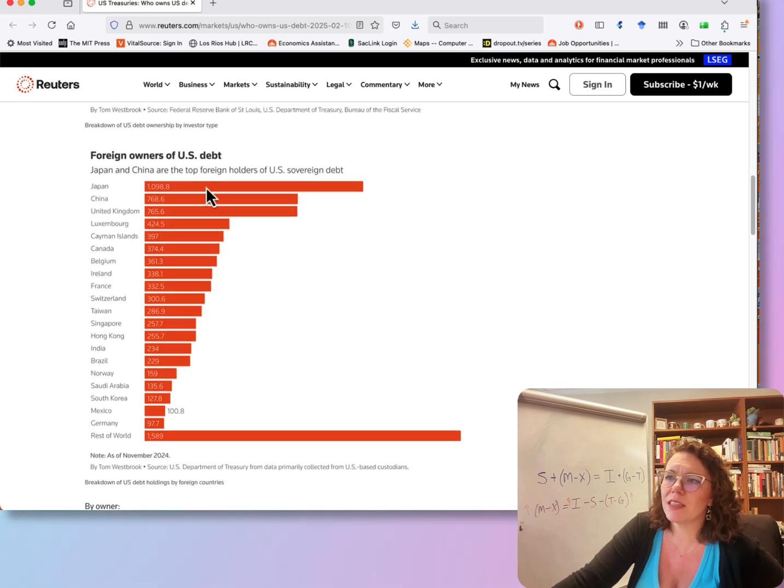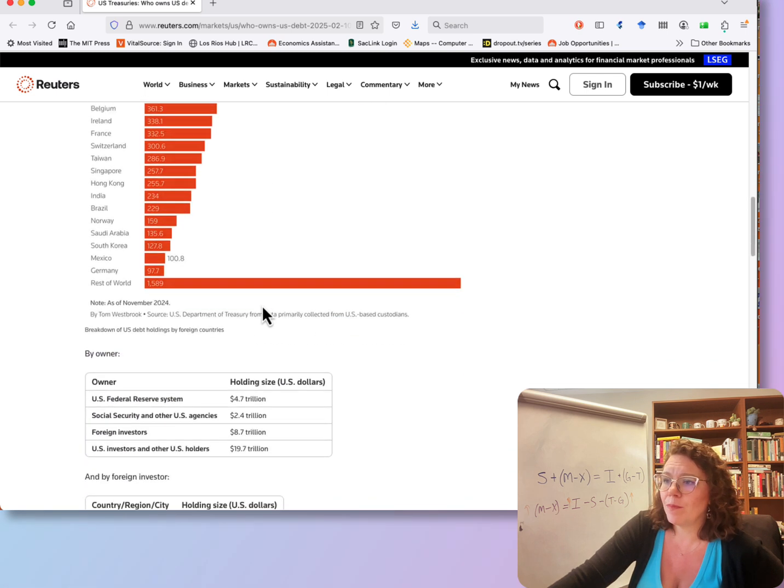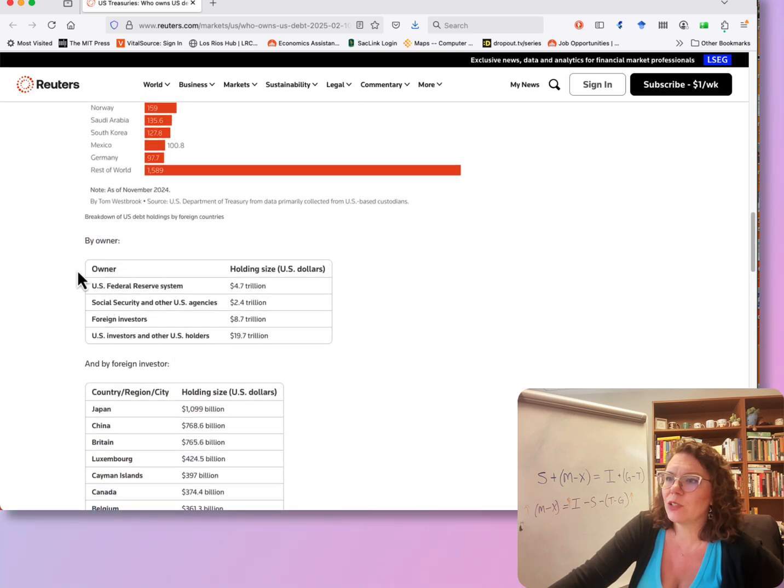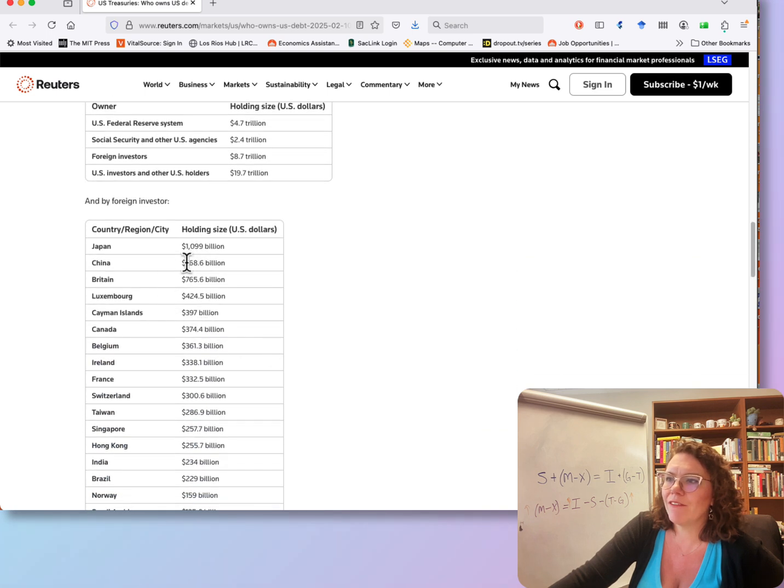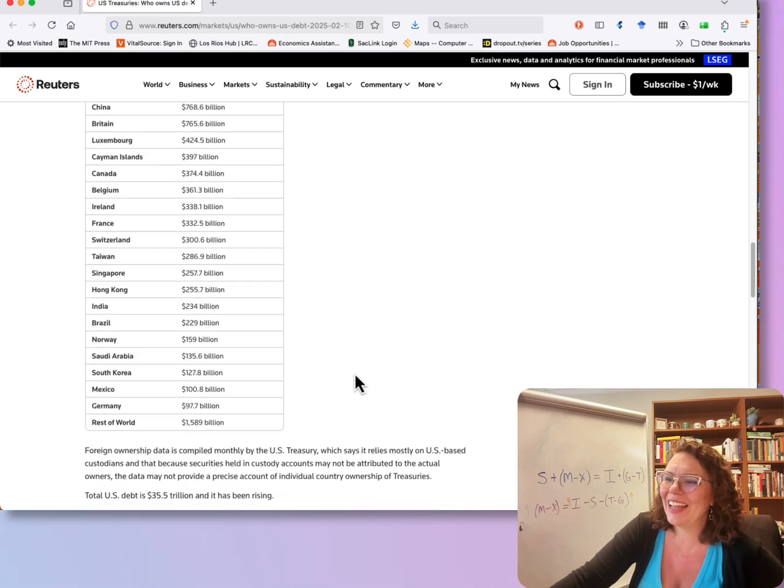And so this means that these countries own debt, right? Loans, basically, usually in the form of treasury bills or treasury bonds or something like that, that are debt issued by the U.S. government to help pay for its ongoing budget deficits and its debt. And then down here, you can kind of see how the size of the ownership is, and by investors, so in US dollars, Japan holds about $1 trillion in US debt. China only holds about 768 billion, and so on.